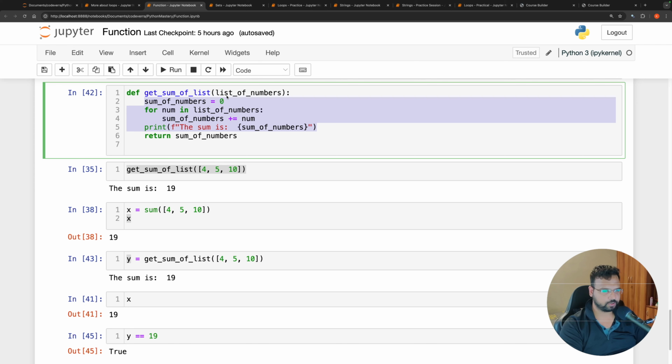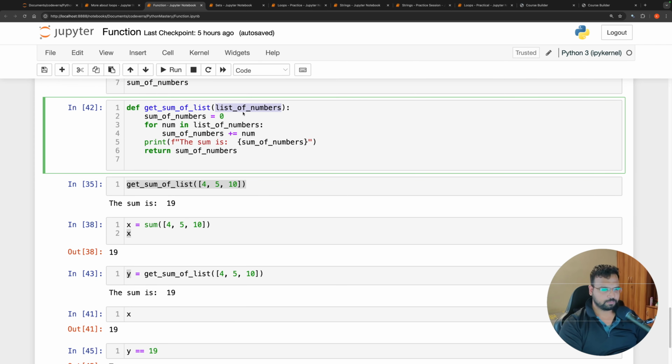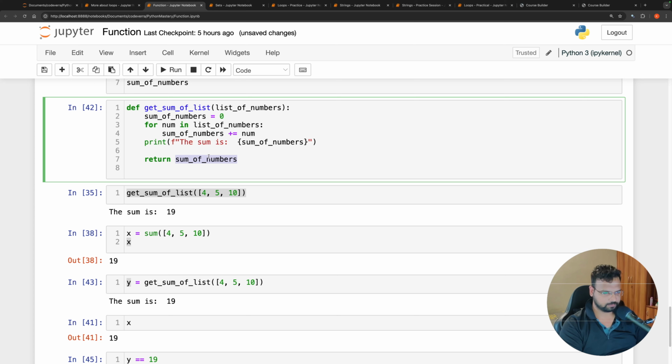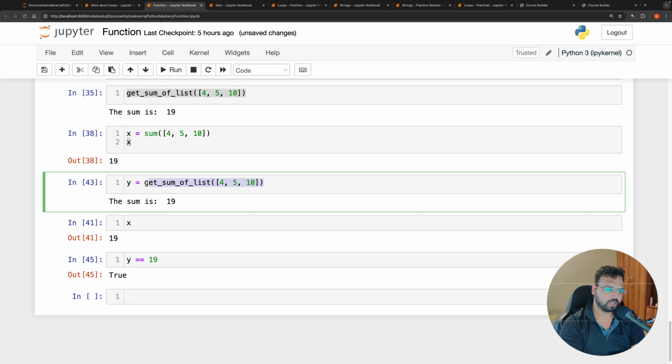and that code will usually operate on whatever you have accepted. If you have accepted some numbers, you are going to perform some operation on the numbers. If you have accepted a list, you are going to do some loop or something on a list, and in the end you want to return something. Okay, and this something here is just one number. You can also return a list, you can also return a dictionary, you can return anything basically. Okay, and once this is done, the definition is over, and then we go to calling the function, and we can call the